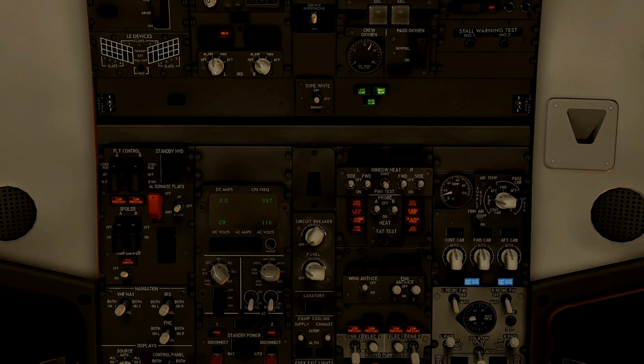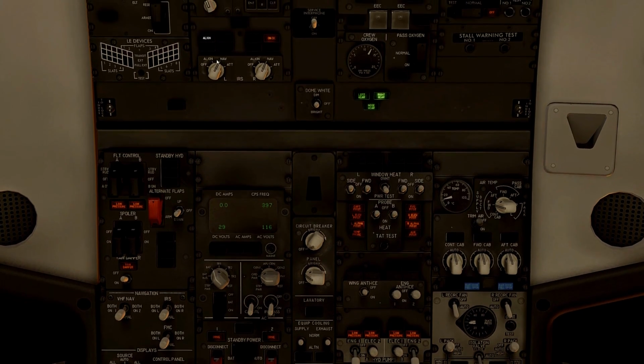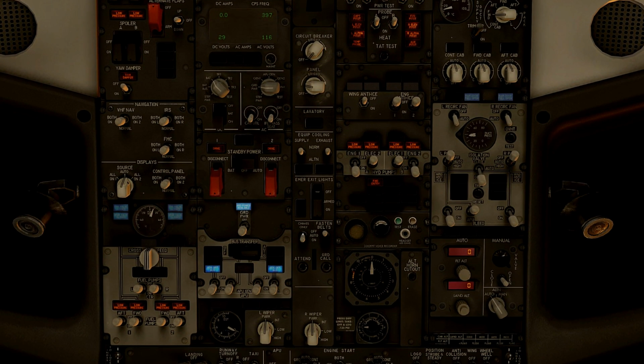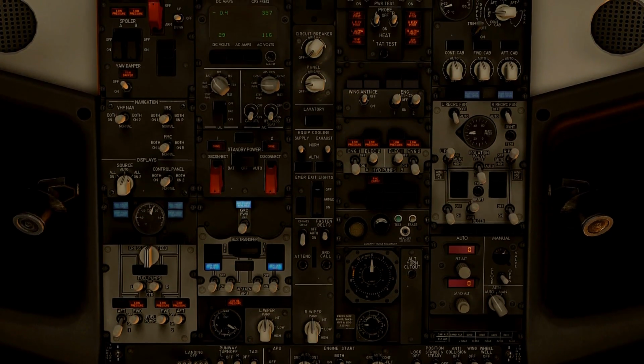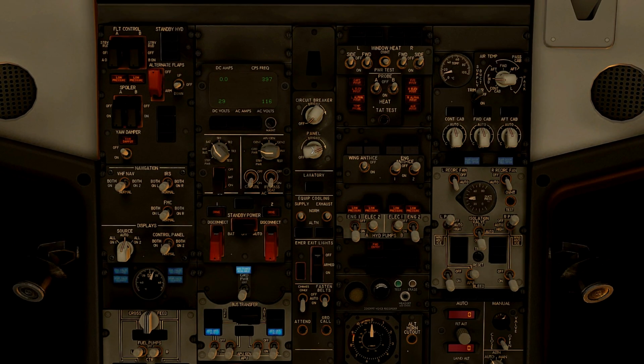After that we'll align the IRS, putting them both to nav. You know what, we'll do that one again. There we go. Okay, so after that we'll arm our emergency light, put our chimes on, put our seatbelts to auto, start the APU now, and put the one pump on. For that we'll put our engine starts onto both so it makes life easier, and we'll turn